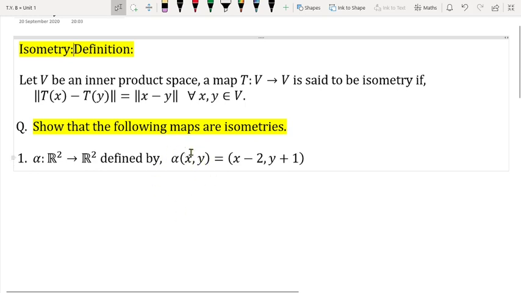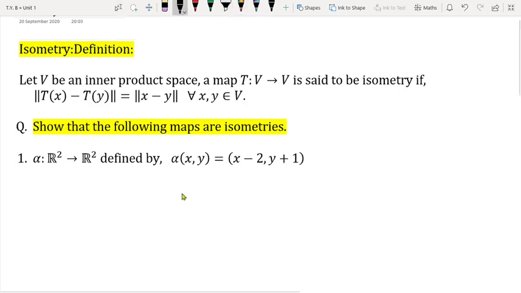Okay, so let us prove it. But before proving it, we need to recall some definitions of norm. Just a revision. So we have seen what is norm of x. Norm of x is nothing but inner product of x with x raised to half. This is the first thing to recall. The second thing is, therefore, what is norm of x square? Norm of x square is inner product of x with x.